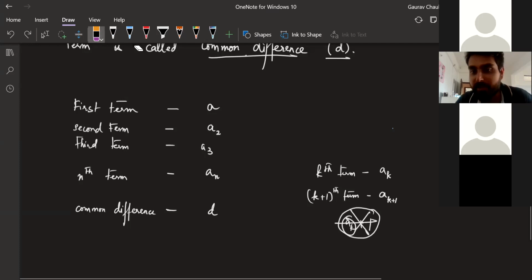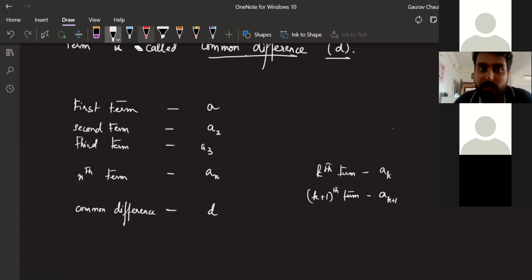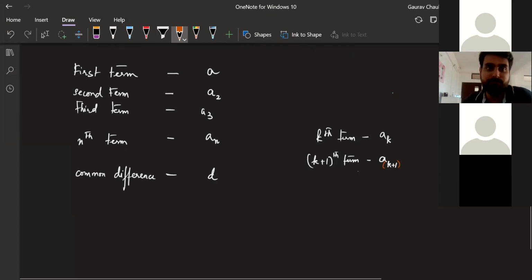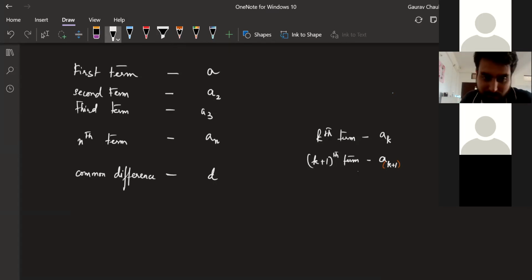Okay. That's why, to avoid the confusion, I suggest that you put this in a bracket if you want. Not necessary. When it's printed, it's very clear, but sometimes our handwriting makes that fault. Now, let's clarify your doubt here. Suppose let's take this same thing: 3, 5, 7, 9, 11, and so on.